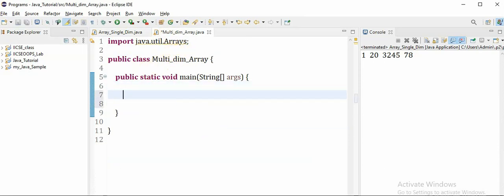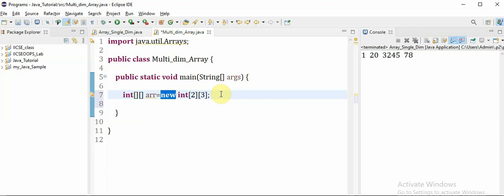As we saw, we'll create a 2-dimension array using the new operator. First you have to use the type of the array, then 2 square brackets to specify it is a 2-dimension array. Then I say the name of the array equal to new. Then again I say the type, and then 2 square brackets. In the first square bracket we mention the rows. So let me say 2 rows, and here 3 columns, right? This is how we can create a 2-dimension array using the new operator.